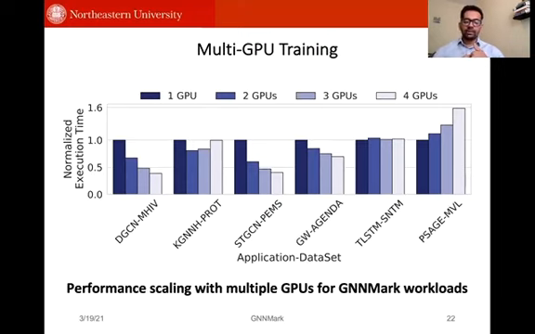However, since some of these implementations are not publicly available, we haven't been able to test them and compare them against this distributed data parallel approach of PyTorch. One of the things that is important to note here is that the PinSage version that we have does not perform or scale well with multiple GPUs. The reason we investigated and found is the sampling mechanism that is used in this implementation. What happens is that some of the same data gets replicated across multiple devices, and this leads to a lot of redundant computation and even a lot of extra overhead in communication. So this harms performance.